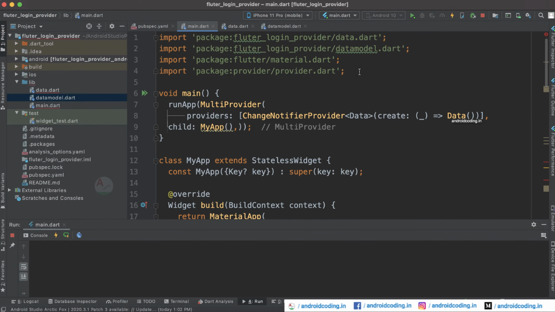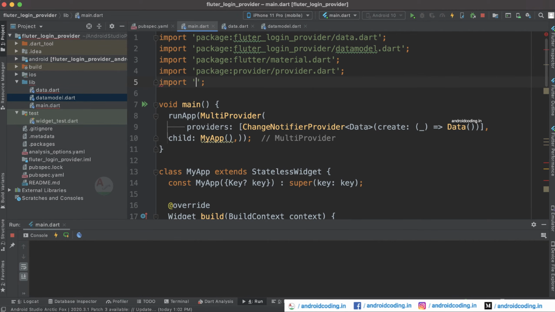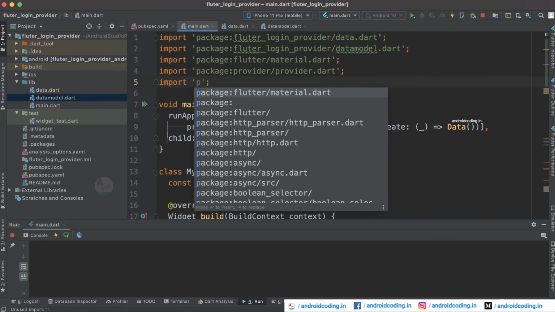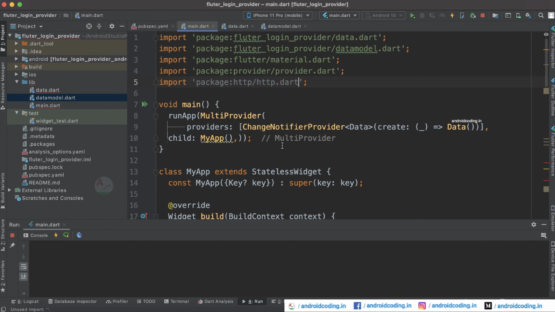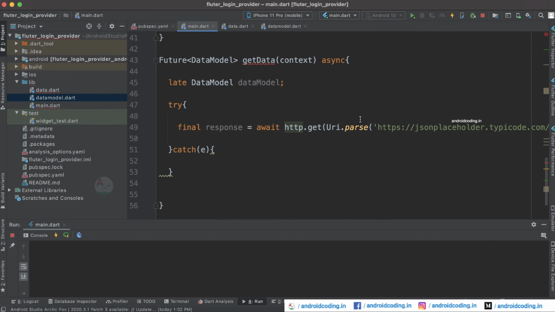So for which, let's go back to our import section, and here import package HTTP, you can see, and let's specify it as HTTP so that we can use HTTP and make use of the methods like get, post, update and so on.